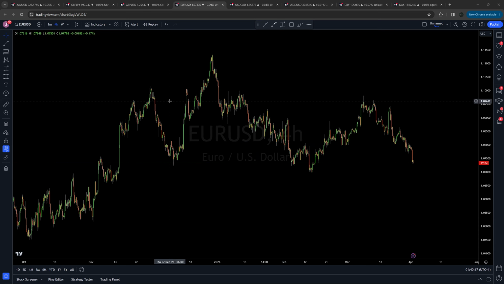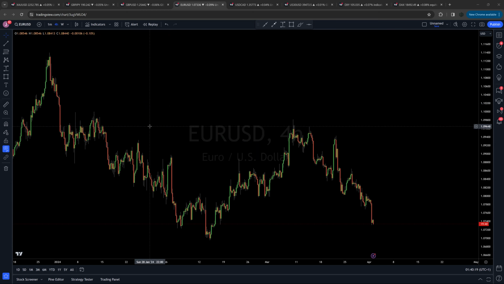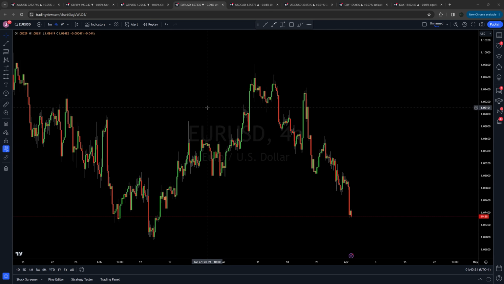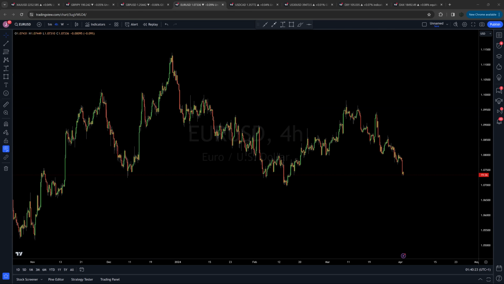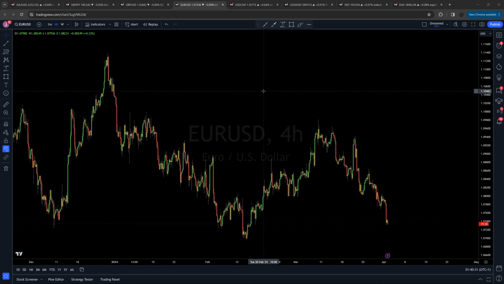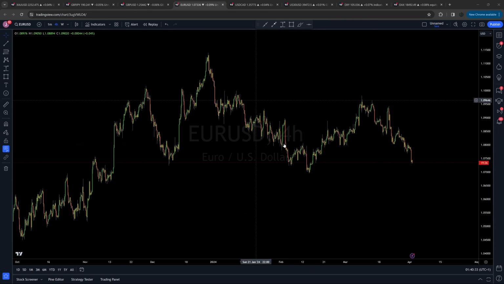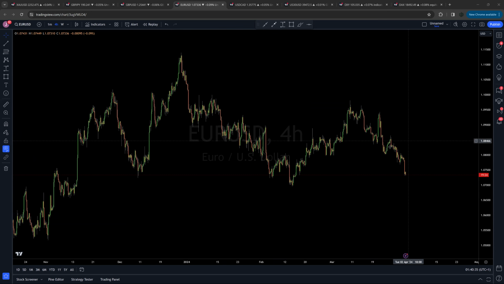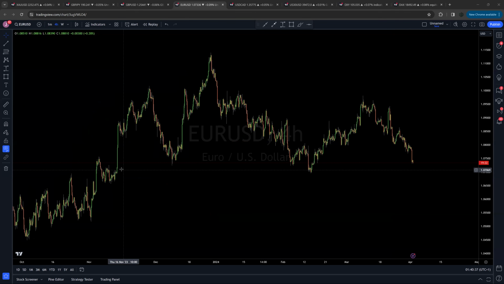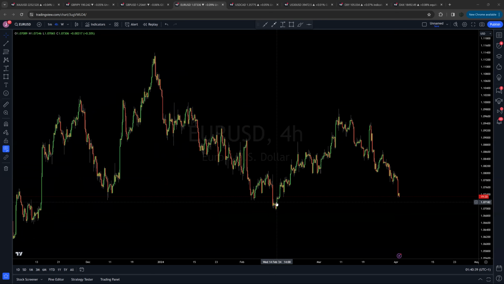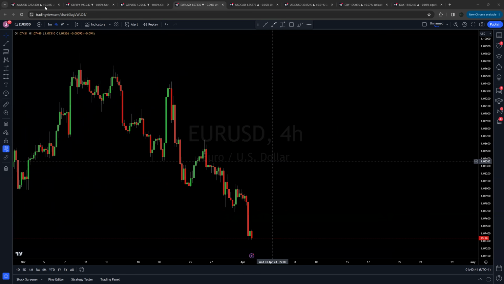The Euro economy from a macro perspective has still been a lot weaker than the US economy. ECB is still expected to cut rates before the Fed. Still seeing more inflows into the dollar in regards to the currency market, as its world reserve currency stance is holding a lot more weight in the current economic environment. We still have very nice bearish price action. Obviously, we just got this last little bit of a technical make or break area, but similar to GU, you can see